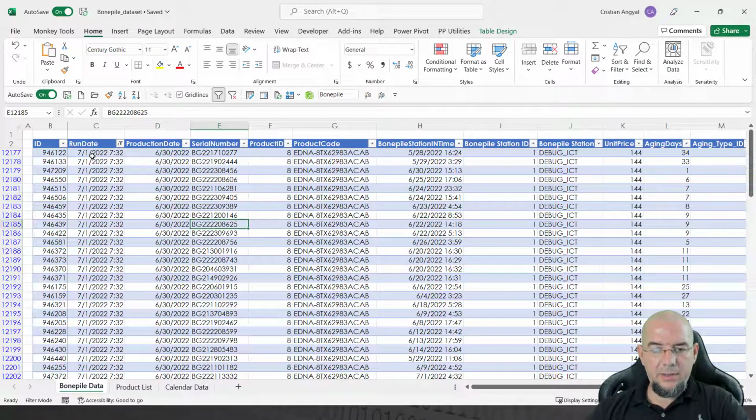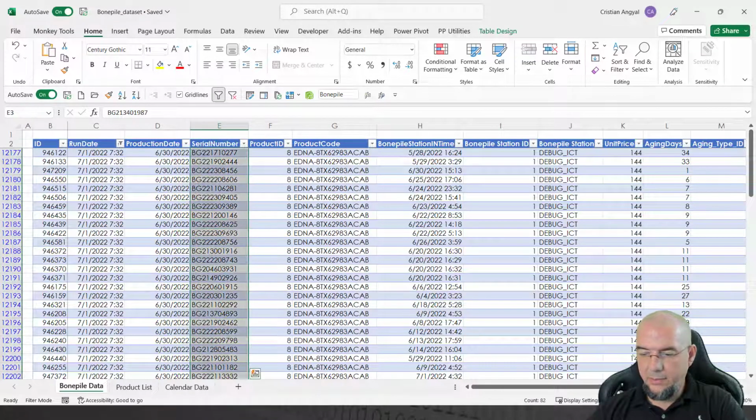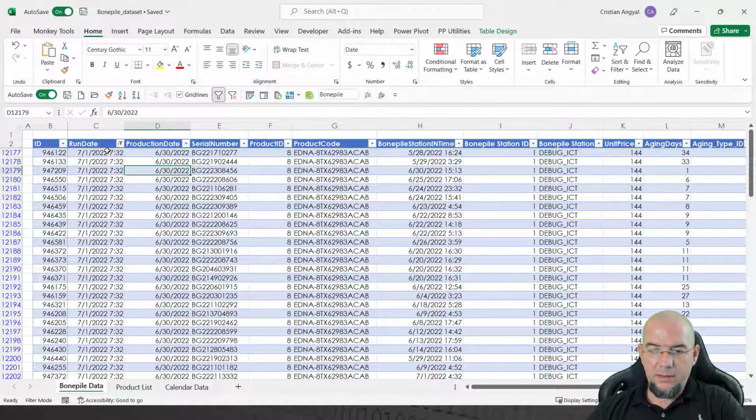The small dataset sample you are seeing is actually a daily export that was supposed to be analyzed on a daily basis, and it's only 82 rows. It contains the export date, the production date, the serial number for different product codes. We have several product codes in the list, the time when each of these serial numbers from each of the